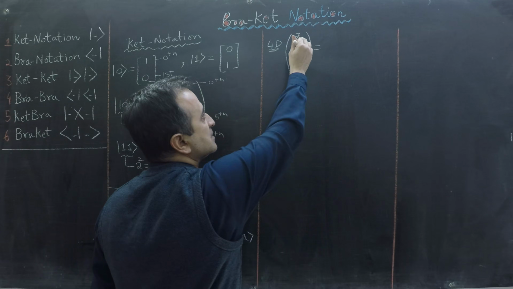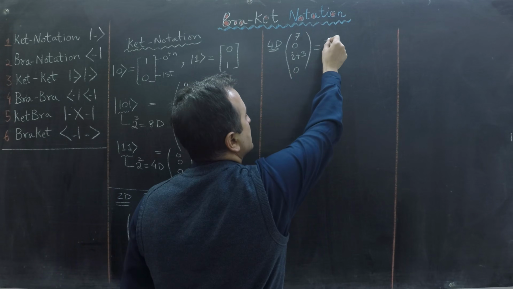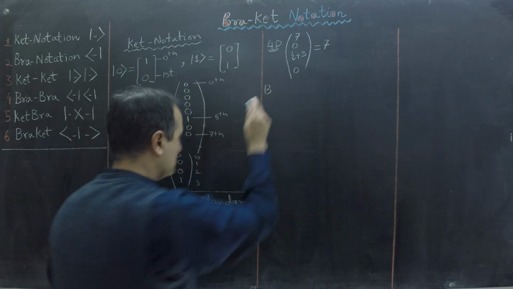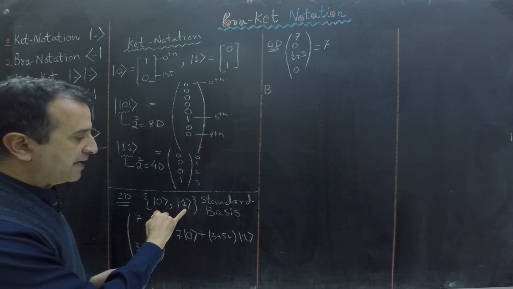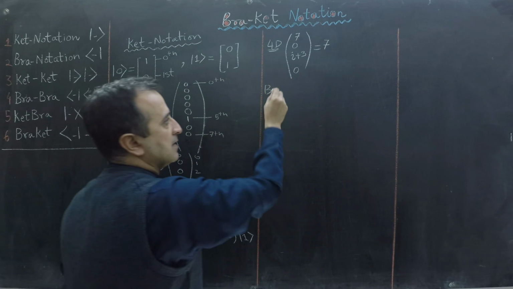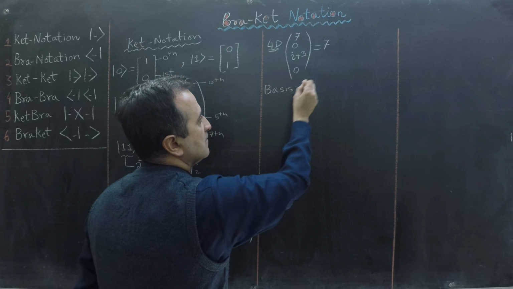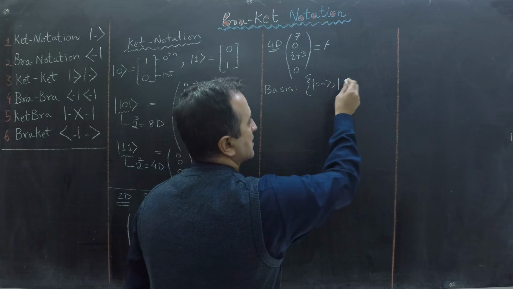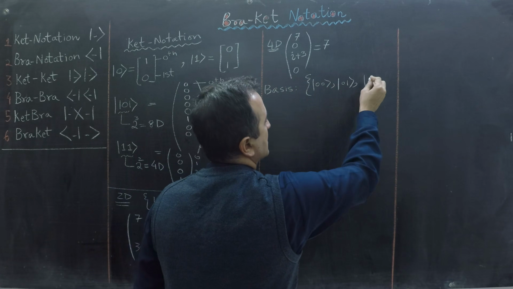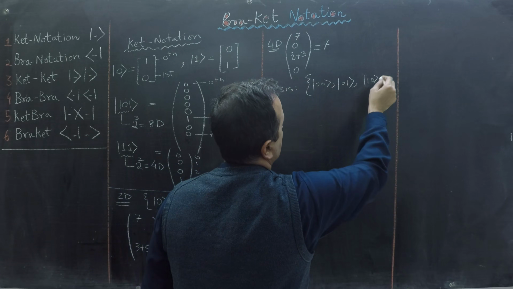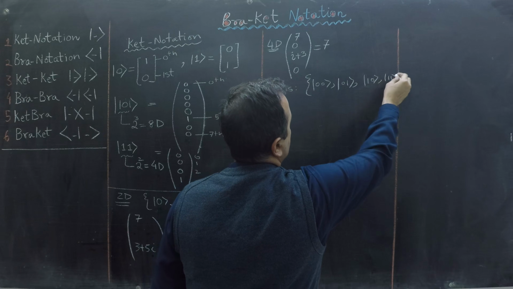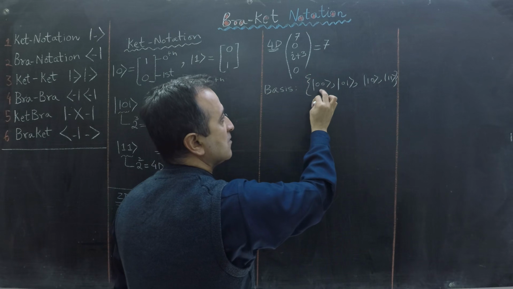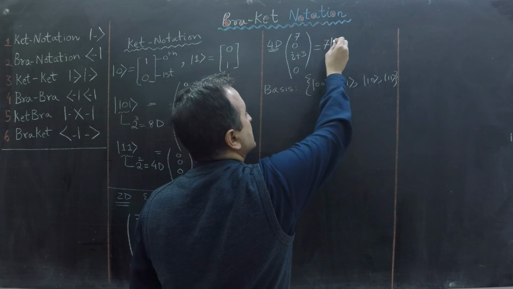I know that this is the 0th location, so I will write 7. In this case, my basis will be not Ket0 and Ket1, but my basis will be Ket0,0, Ket1,0, Ket0,1, and Ket1,1. I will say 7 times the 0th location, which is Ket0,0,